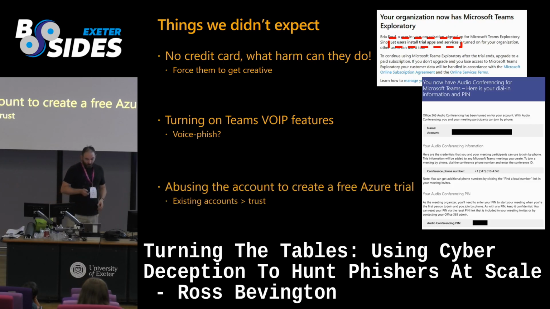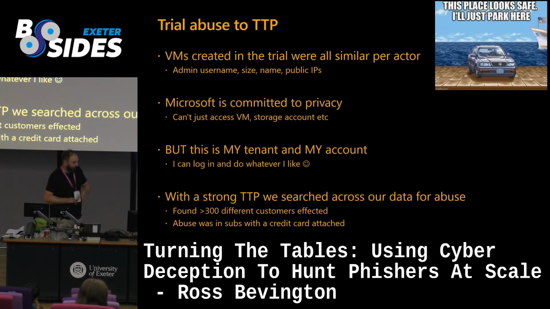And they also abused, this was a really nice attack. So when we leak creds to the phisher, we're giving them a real Microsoft account. And what they did is they used this Microsoft account to then go and get $150 of Azure free trial. And that bypassed our internal checks. So we now have a system that stops that. But what that allowed us to do was have direct access to all of the infrastructure they were setting up